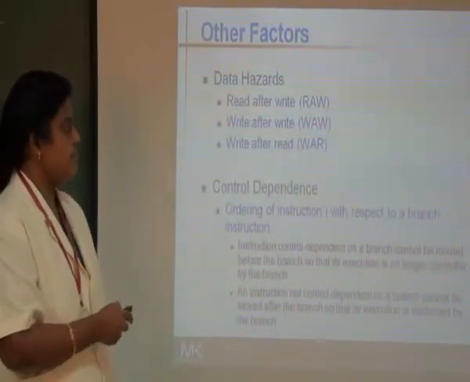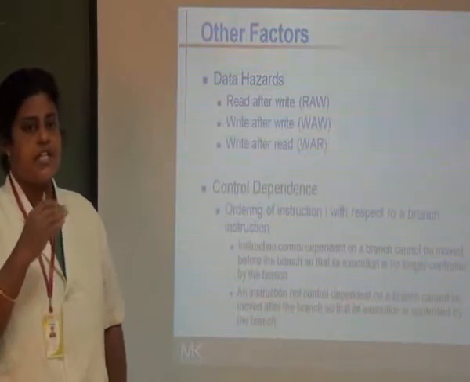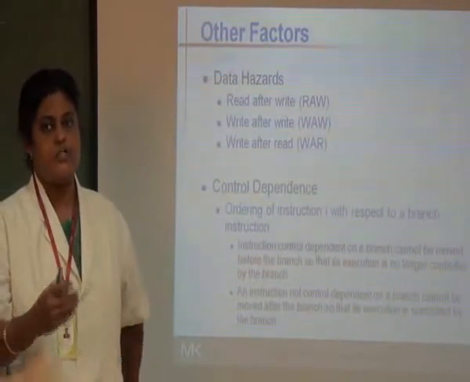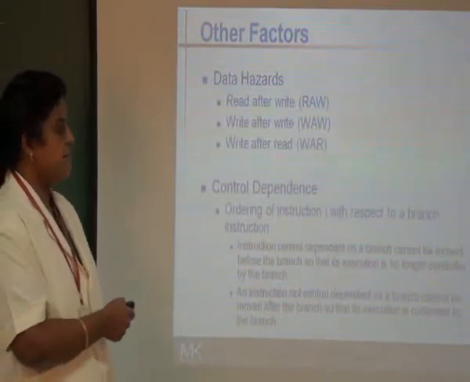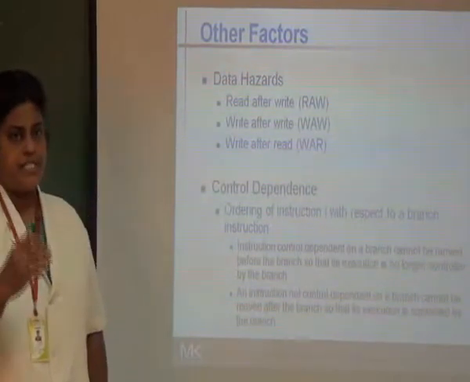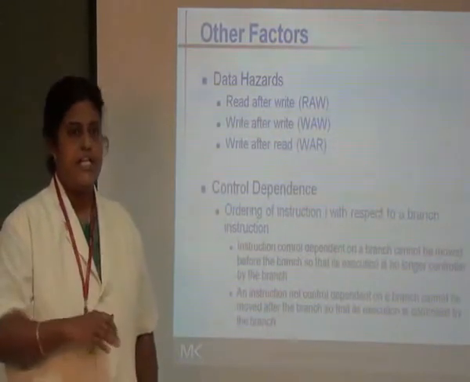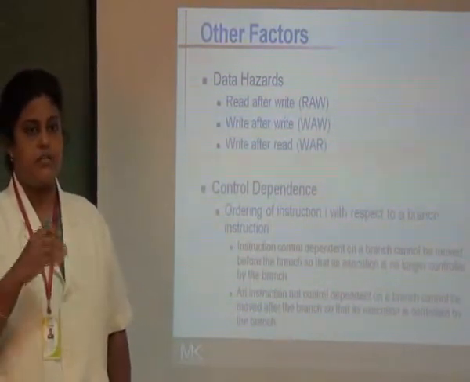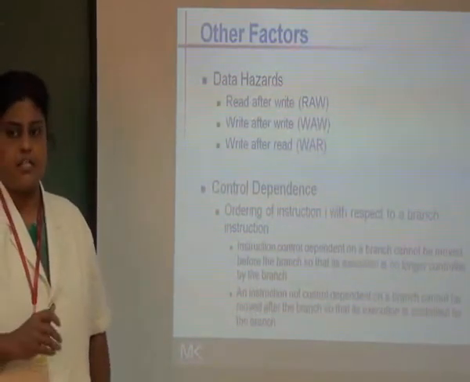So what is this write after write hazard? Write after write hazard involves two instructions, instruction I is supposed to write first and then the instruction J, and if this sequence of ordering is not preserved, it gives rise to write after write hazard. The final one is write after read hazard. So first the data or the result which is already present in the register or the memory location should be read by the instruction, and then only the write operation is supposed to happen. And here also, if this does not occur according to the prescribed sequence, it is going to result in a data hazard for the program under execution.